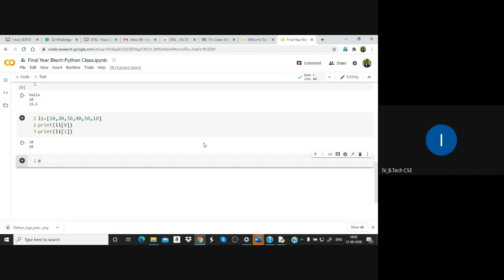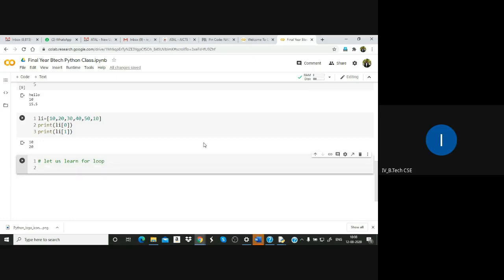Let us learn for loop. What is for loop means what? Repeating a set of statements for n number of times. Okay, repeating a given set of statements for n number of times. For example, one statement you have to, instead of writing 10 times, just if you say statement 1 repeat 10 times, then it will repeat. Some mechanisms are there in the language like that. The for loop is also like that.